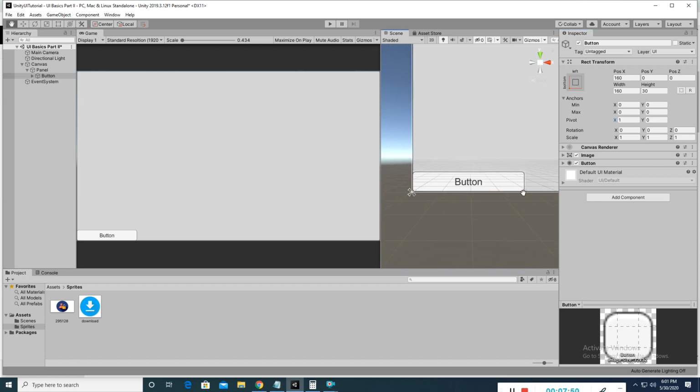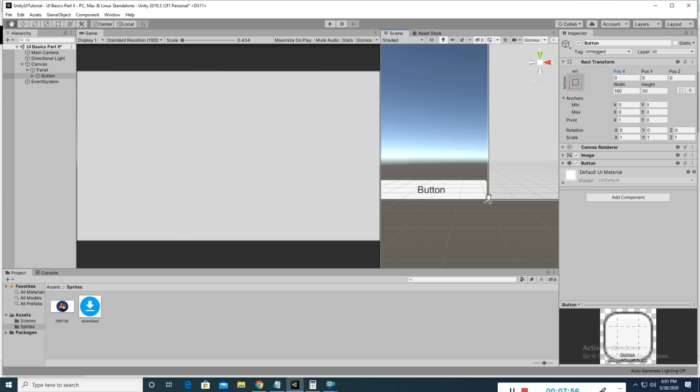The x value will be 1 here. If I make it 0, you will see that the anchor point is here and the pivot point came here. Why? Because I made x 1. The pivot point and the anchor point vary from 0 to 1 only. You have to set it 0 to 1 only. You don't have to put any values except this.